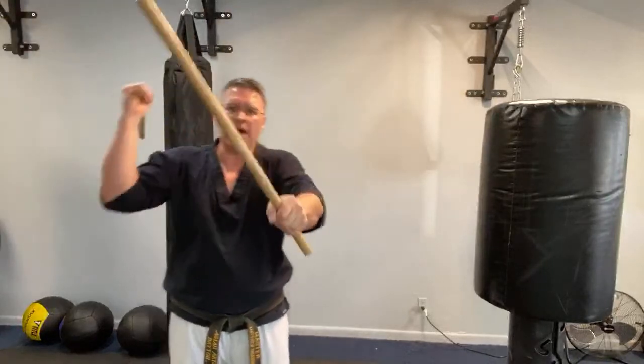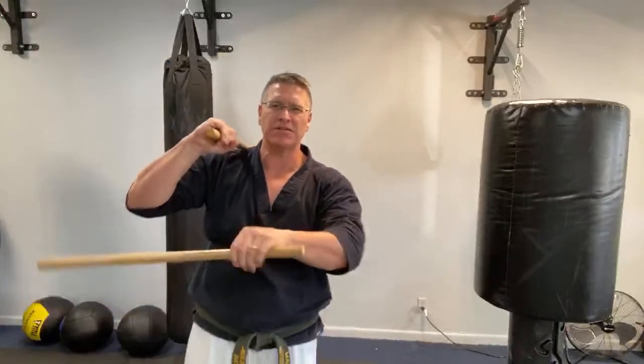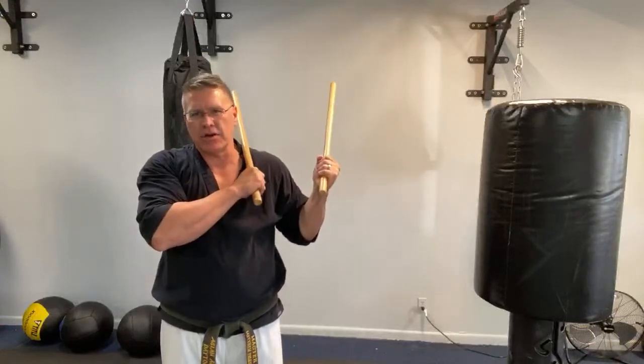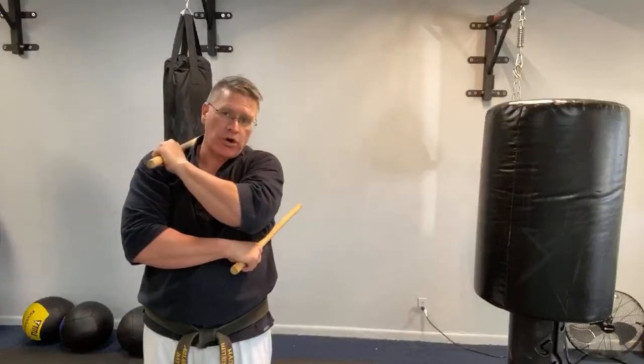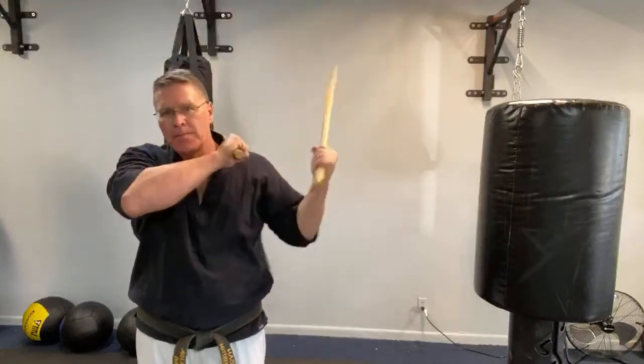This is the other thing that gets you stuck, and this is why you can't Sinawali when you can't Sinawali. And again, I know it's because I was here. You do this really well, and then you don't put this hand back in here. Make it a habit. Touch your shoulder with this one. Touch your ribs. It just took my wind out a little bit. That's good. I want you to feel that. Touch your ribs. Touch your shoulder. You're not going to touch anything on here, but touch your ribs. Make sure you're touching your ribs under, and you know you're in the chamber. And then come shoulder, back, ribs. Shoulder, back,